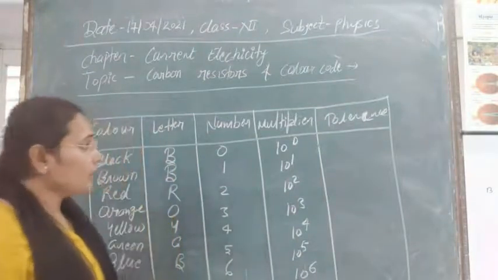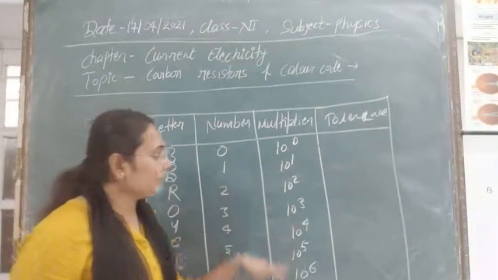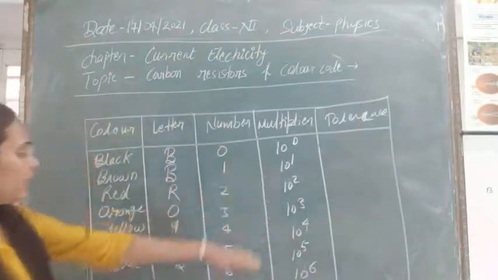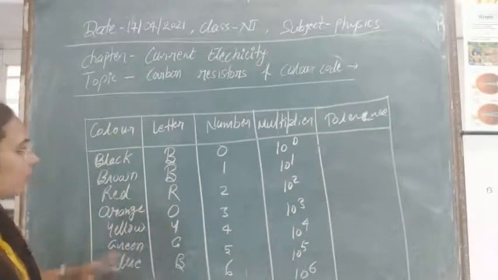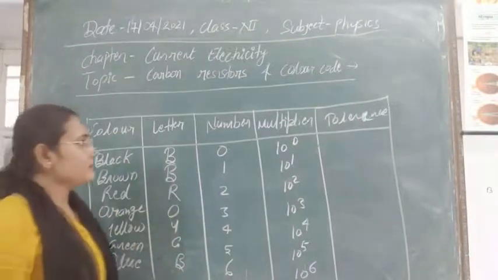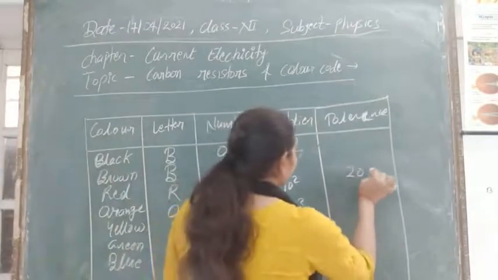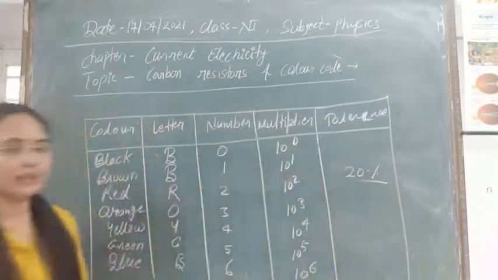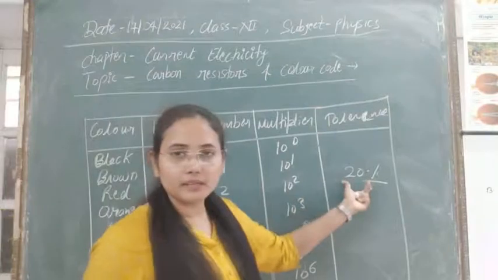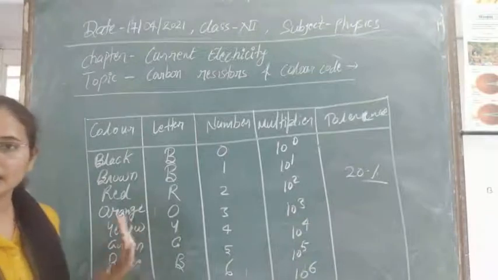And for gold and silver, no number is assigned to them, but a multiplier is assigned to them. So later I will write those, let's leave it just now. So I think first of all these 7 colors are now clear. How can we write letter, number and multipliers for them? And the percentage tolerance is near 20% for them. So this is their range, or if no fourth band we have, then in that case we can write 20% tolerance there. So this is the way, I think that is now clear.